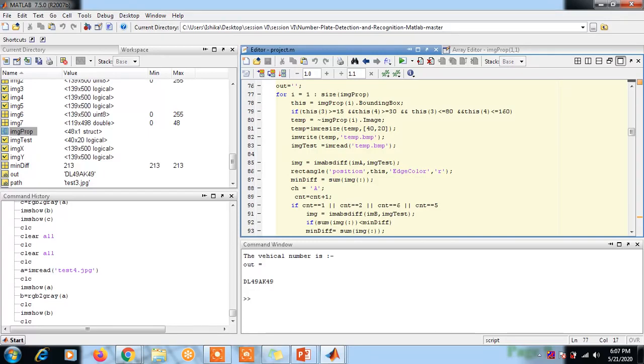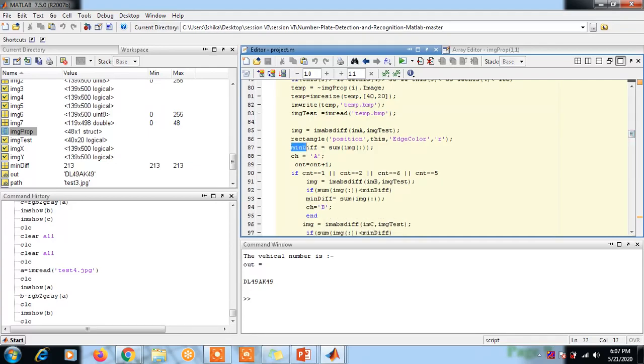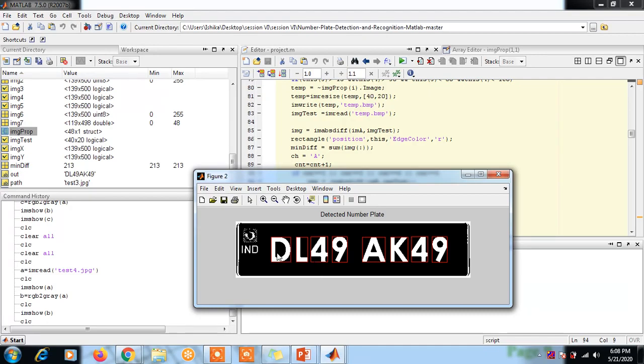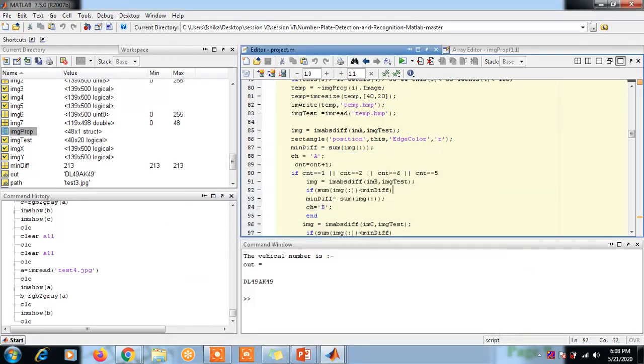If the sum image difference is below the minimum difference we set, then it will mark the character as B. We have already shown the image of character B. It will compare the difference between the actual B character and the character recognized by MATLAB. If the first letter D matches our pre-existing letter D, then it will store the value of D.